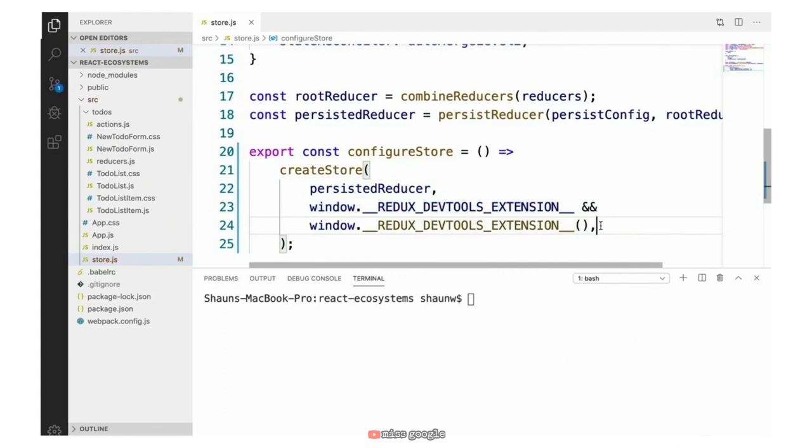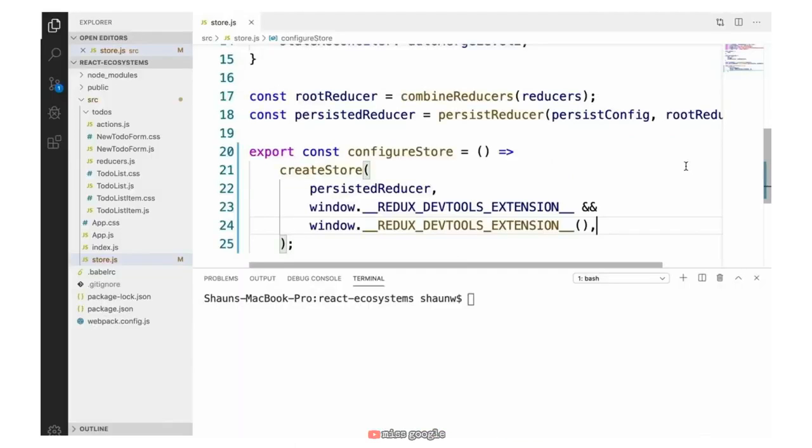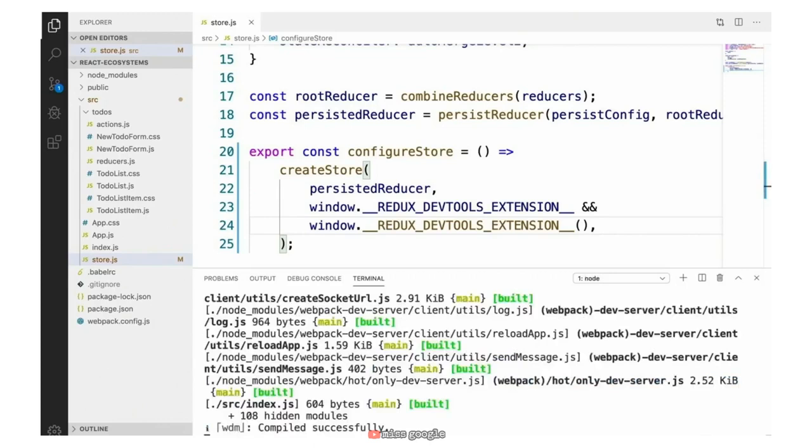All this does is actually connects our app to the Redux DevTools extension that we just installed while it's running in our browser. So what we can do now is run our application, npm run dev,